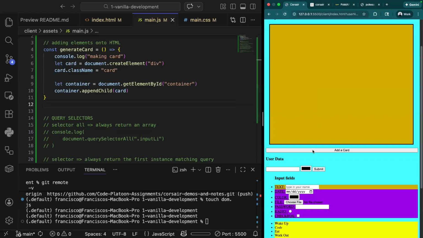All right. Does anyone have any questions over how this generate card function works? Okay. If no one has any questions over how this generate card function works, then the next thing we have